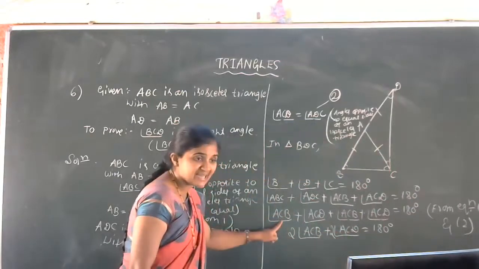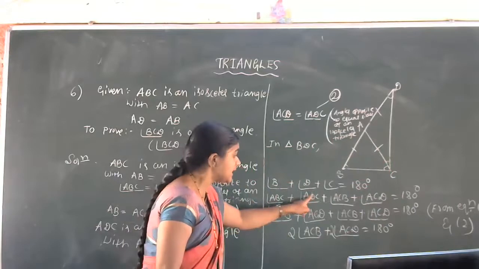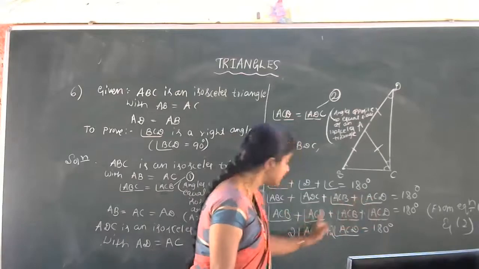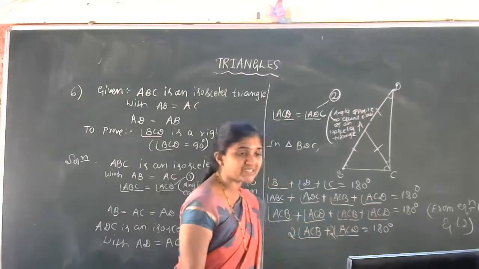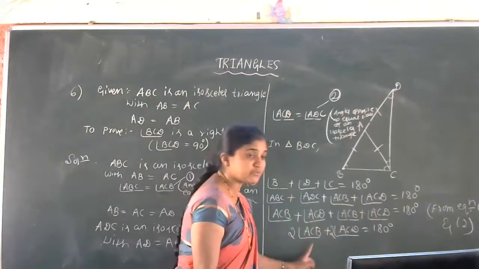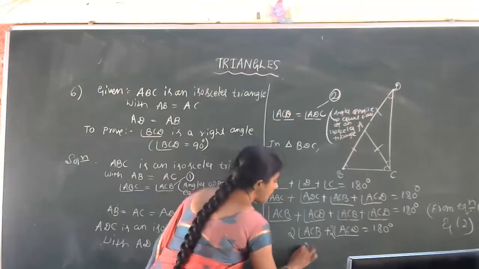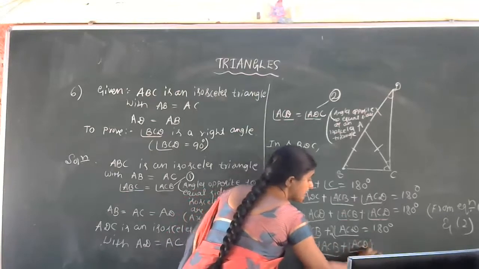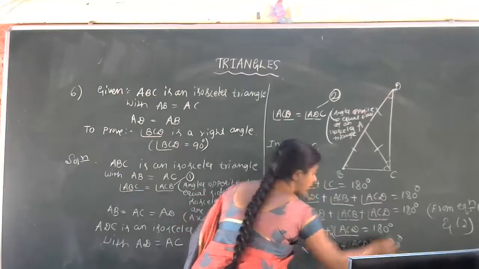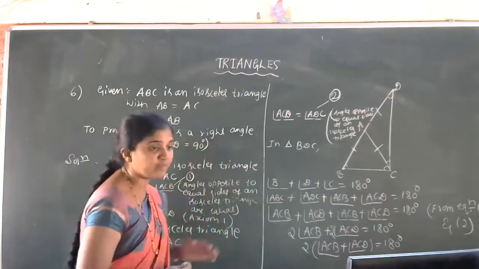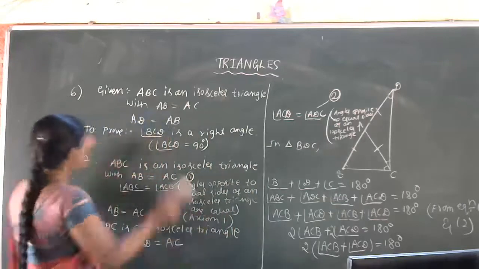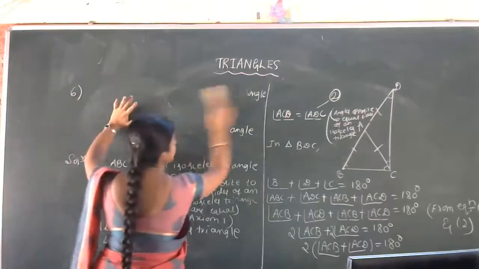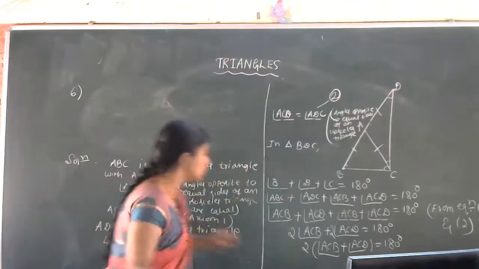Now just observe the 7th problem. ABC is a right angled triangle in which angle A is equal to 90 degrees. Okay, the question is like this. Let us draw one right angled triangle first, in which angle A is equal to 90 degrees. A, B, C is right angled, angle A is equal to 90 degrees. So, AB is equal to AC. AB side is equal to AC side. Find angle B and C.